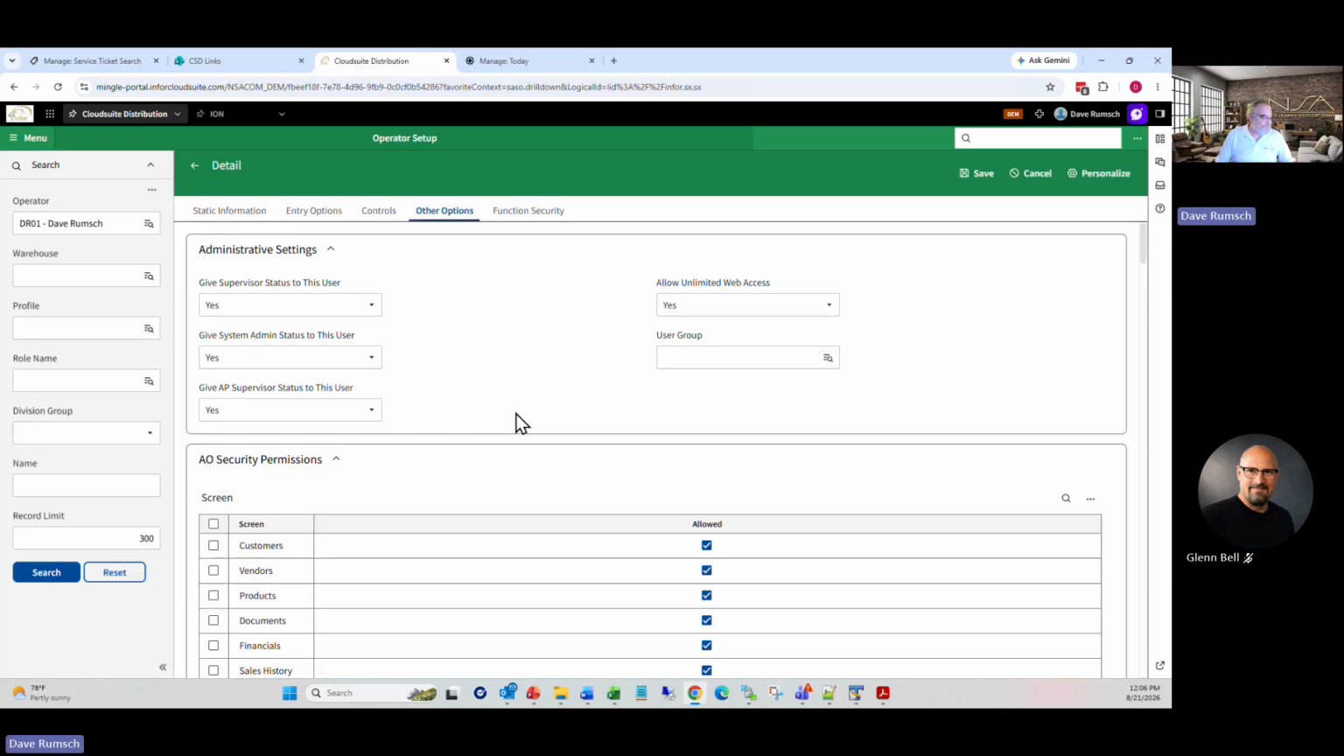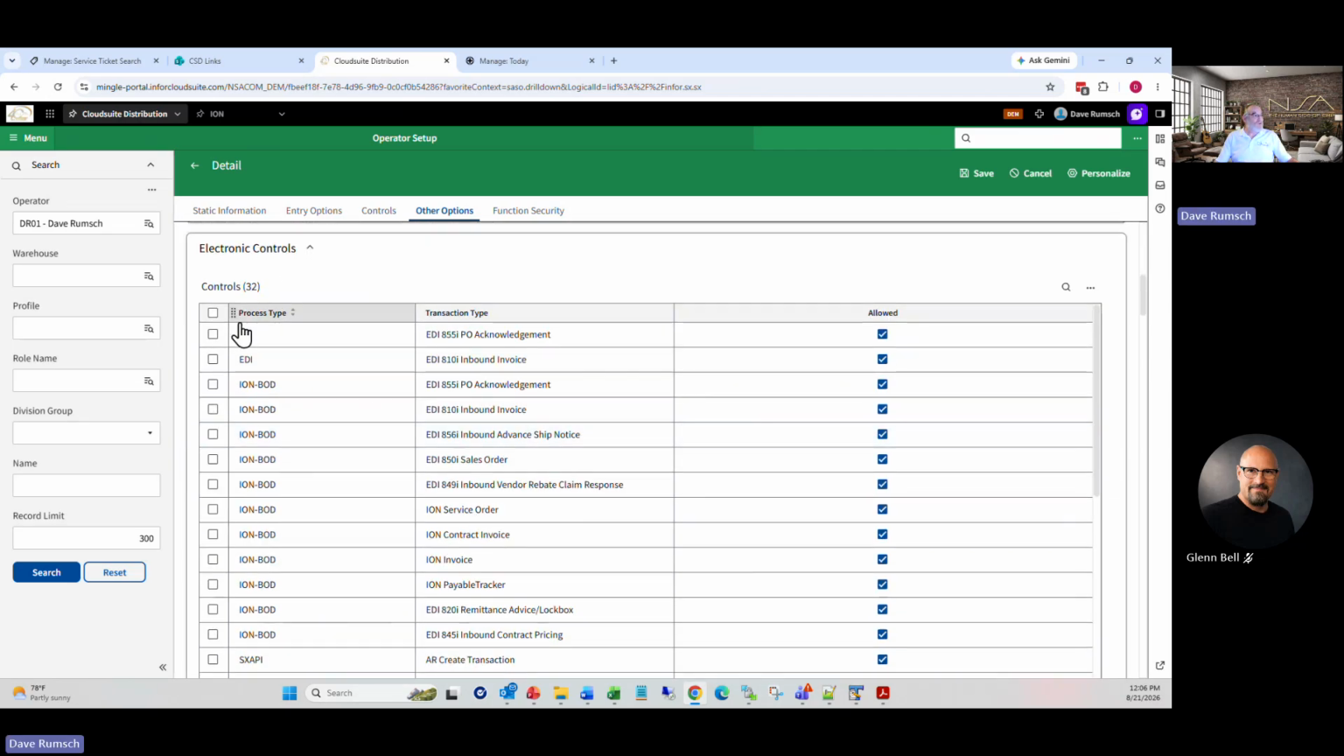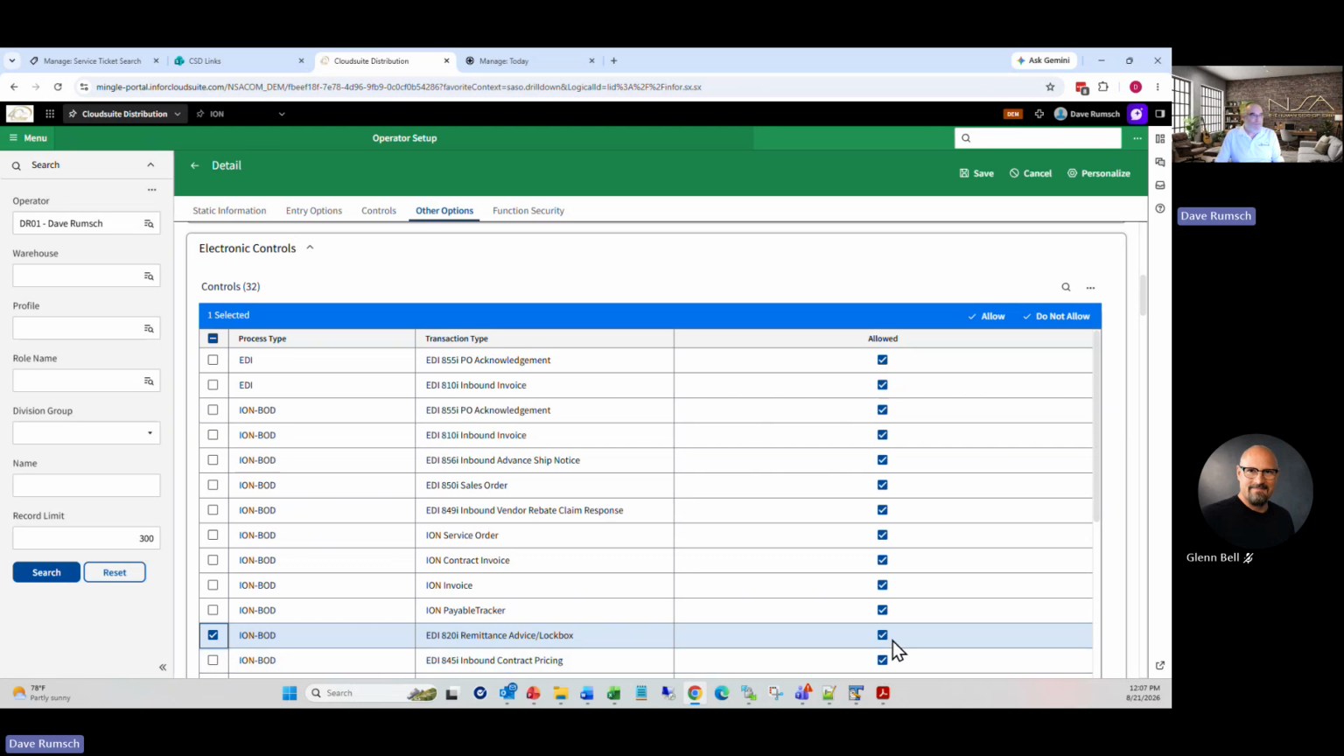Under other options, under the electronic controls, you'll need to have, excuse me, I apologize. That's correct. We need to have the 820 inbound turned on. There it is right there. So you need to have the ability to look at and work in Electronic Transaction Control Center. So you come into other options, ION BOD, EDI remittance, advice lockbox, and make sure that that's checked for that